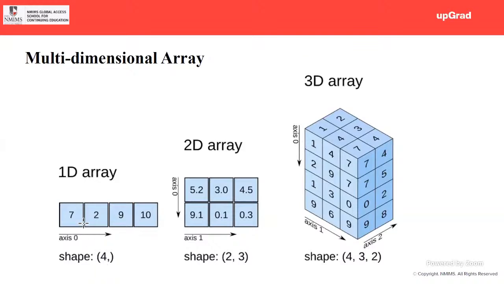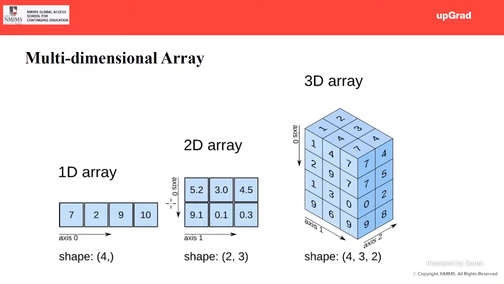So for a 1D array, my shape is the number of data points in a tuple. When you deal with pandas, or whenever you deal with data sets for a case study, as soon as you load your data, the first thing you check is the shape. Ki kitna bada data hai, how much data I have.